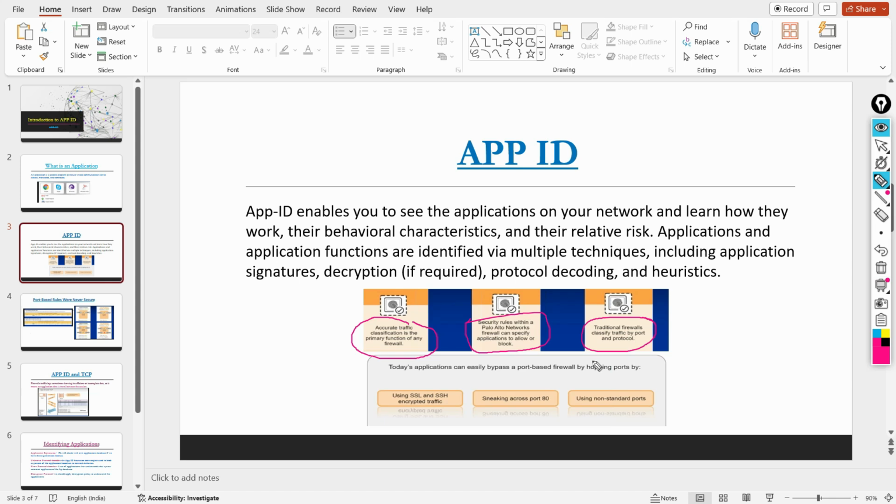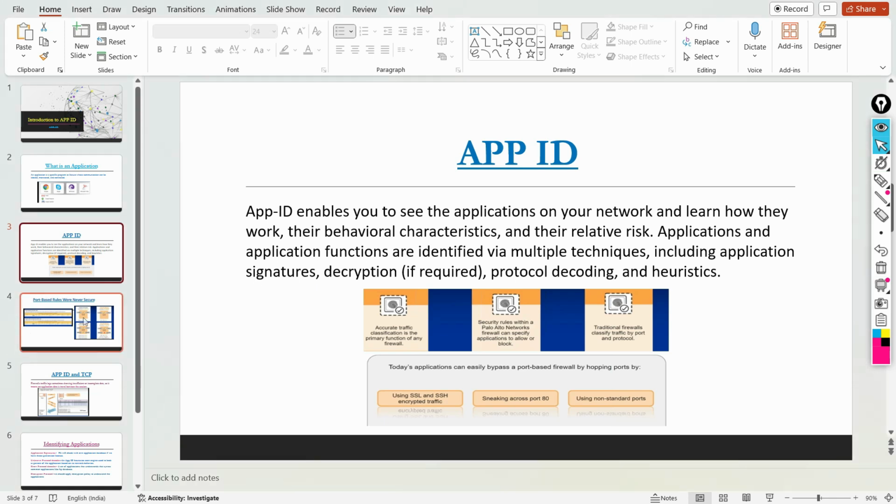We don't have any application mechanism to identify applications. Today, applications can easily bypass port-based rules by hopping port numbers, using SSL and SSH encrypted traffic, or seeking port 80 or non-standard ports. So if you are using any custom port number, that can be easily bypassed.